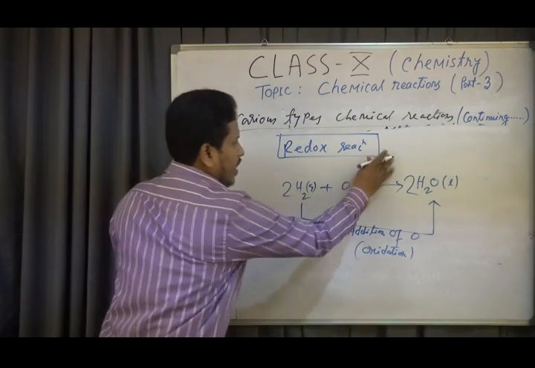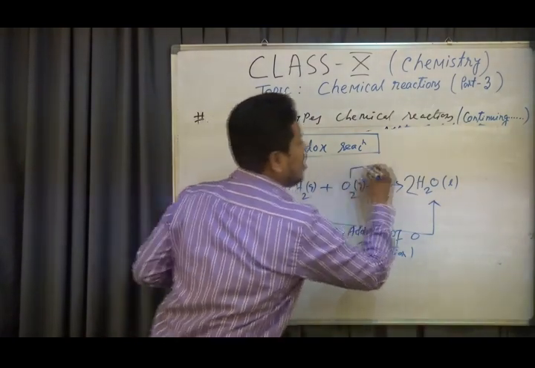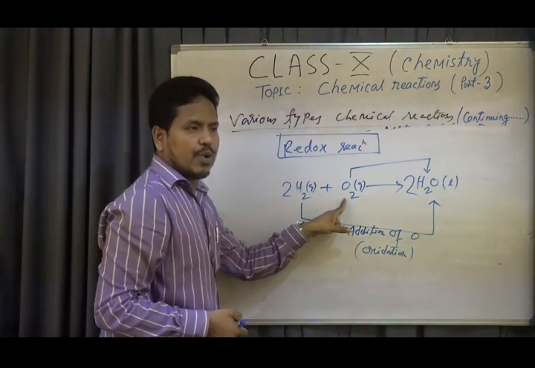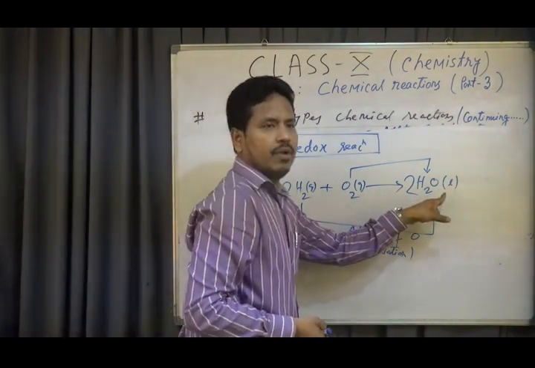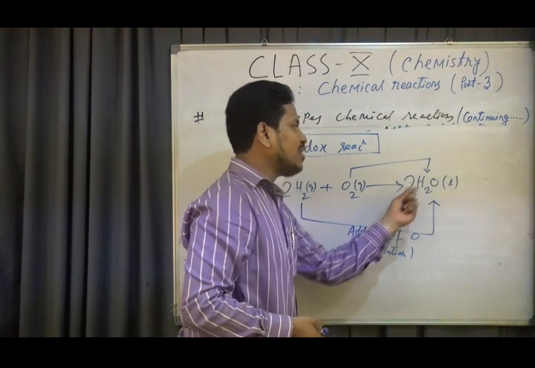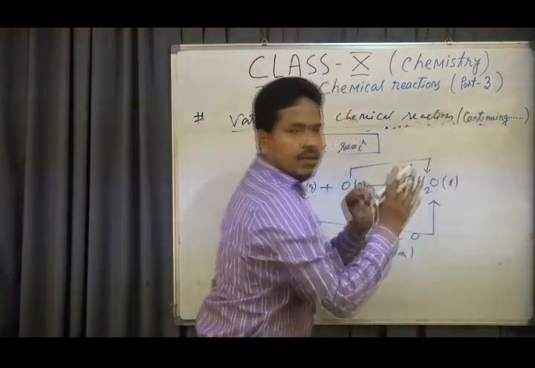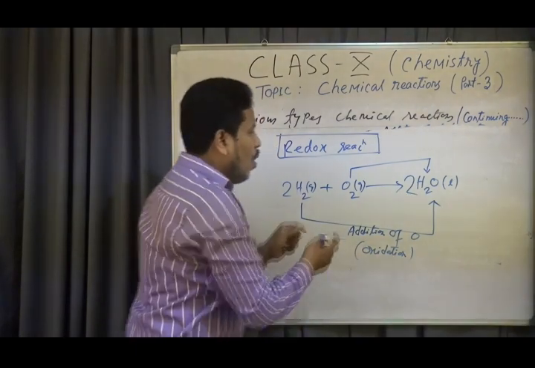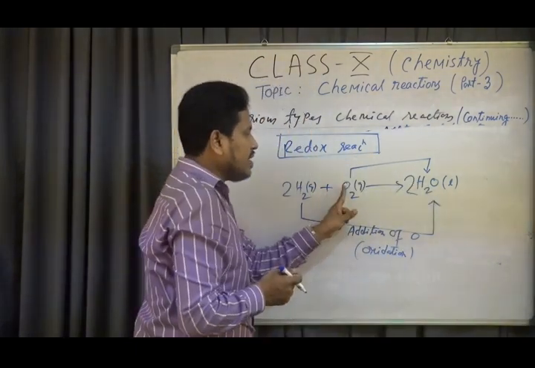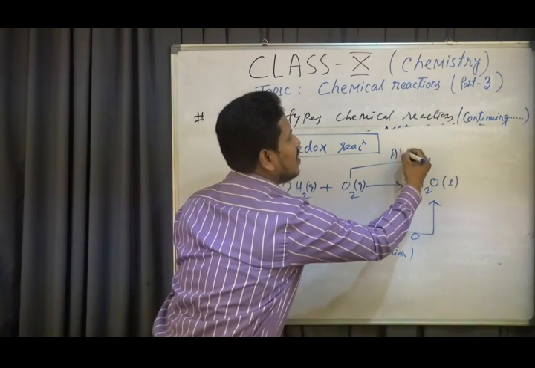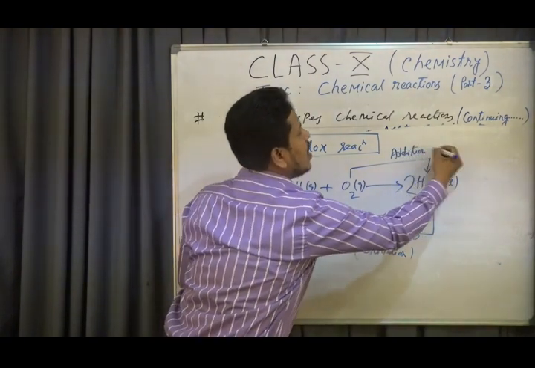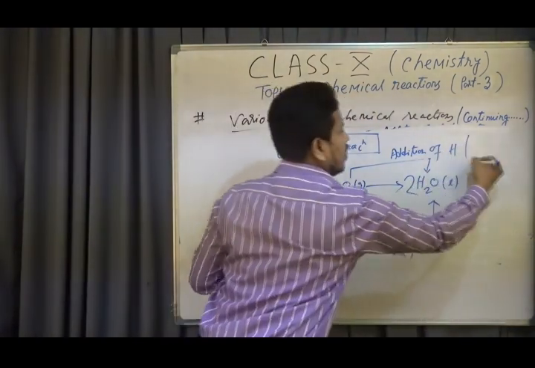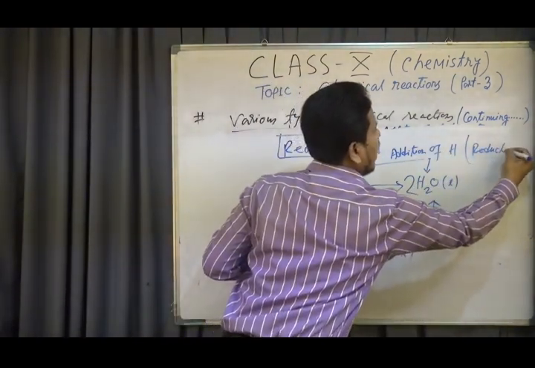The second one is oxygen to water. Look at this, my dear student. Initially it was oxygen, the product is water. Same product, water. Twice water means what? Water plus water, two molecules, together we can write 2H2O. So, O2 to H2O, oxygen is combined with hydrogen. That is addition of hydrogen, electropositive addition. That is reduction. So, this is the reduction process.